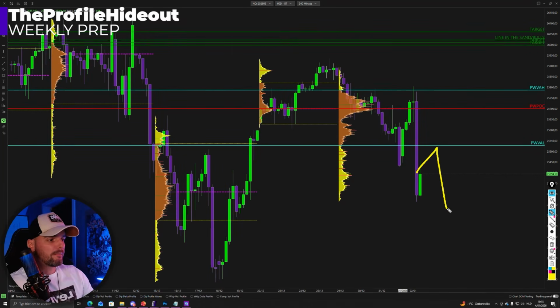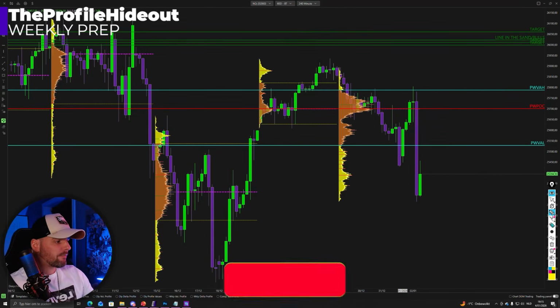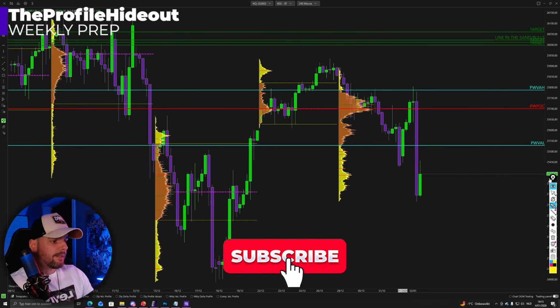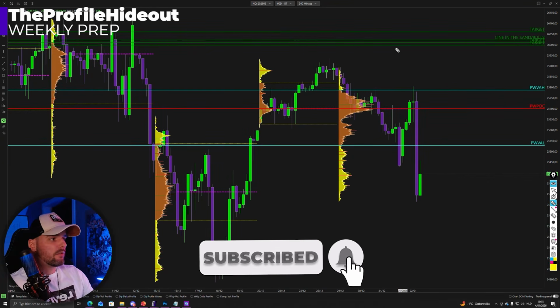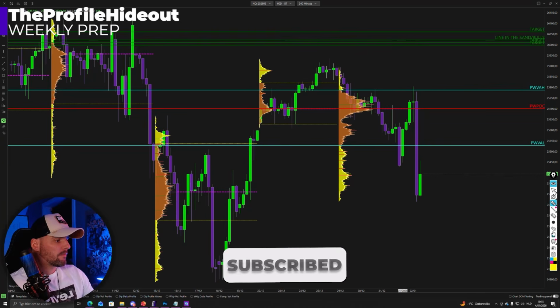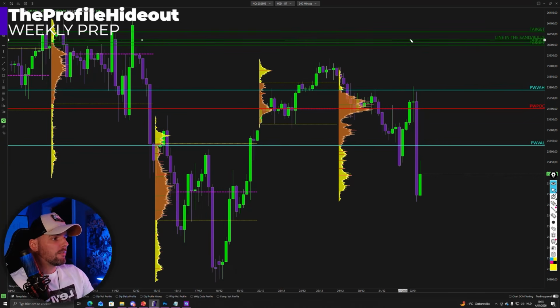If we start rejecting value here, we are about to see new lows, trade towards the lows here. If we get acceptance back into this value, the probability shifts that we probably do a complete value rotation and go from there. So knowing that, I want to mark out some more levels. So my line in the sand,